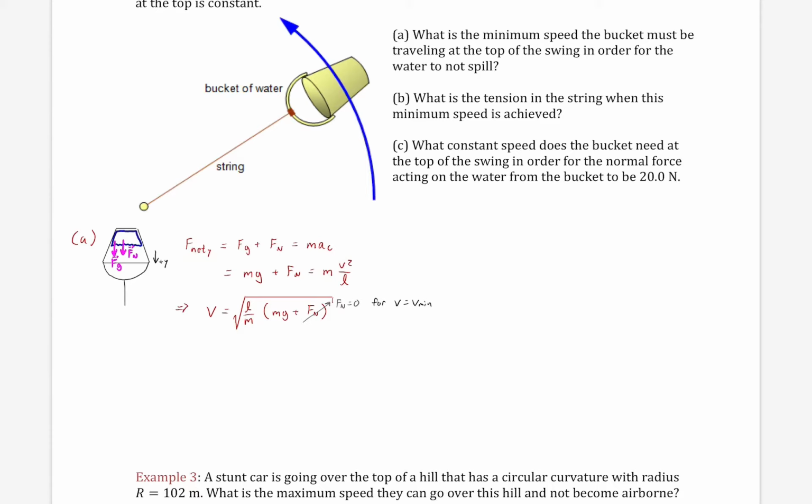You want to have just enough gravity so it's all being used up for the turn. The acceleration of gravity is just perfectly sufficient to cause a circular turn. Okay? If you're going too slow, you have excess gravity and the water falls out. If you're going faster than you need to, the water definitely doesn't fall, but you would have a normal force,